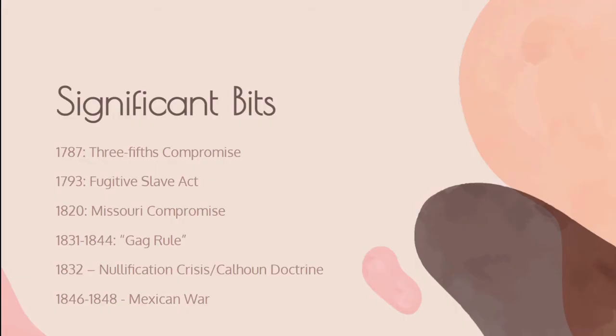Then 1831 to 1844, there was the gag rule, which was passed by the Senate to make it so the House of Representatives could not discuss slavery at all, which is sort of bad because slavery was a very prevalent part of life. So silencing that part of not even politics but daily life, we can see how even if America was founded on free speech, there clearly isn't free speech in that kind of scenario, but it was nullified later on. We see that by it ending in 1844.